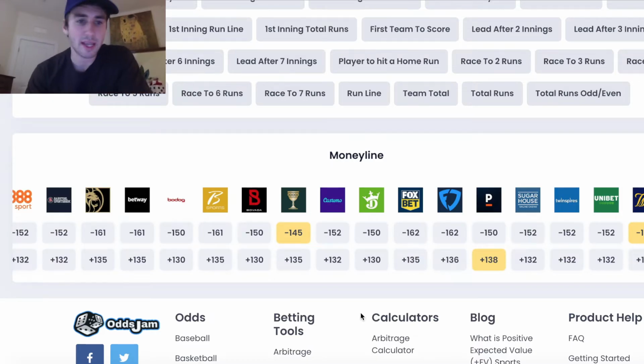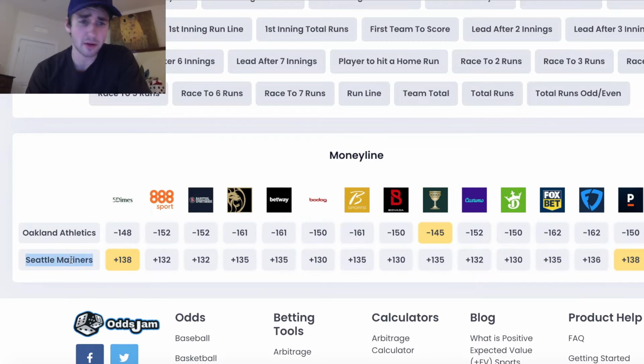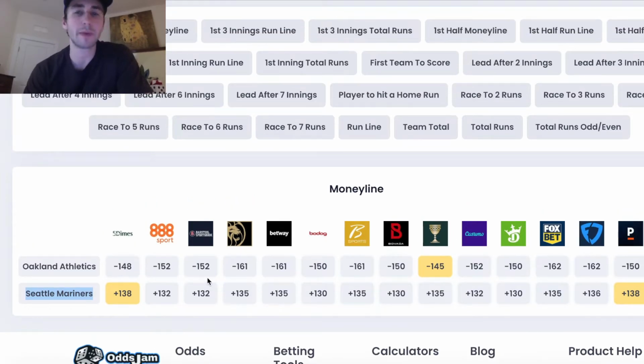So here we can see, if I want to bet on the Mariners, the best odds are on 5 Dimes and Pinnacle at plus 138. So why would you ever place a bet on Bodog or Bovada at plus 130 if you can get plus 138 on these other bookmakers? It doesn't make sense. So we've already said that in sports betting, bookmakers have different odds, because if they didn't, we wouldn't need hundreds of sportsbooks in this global sports betting ecosystem. But they have different odds, so you need multiple bookmaker accounts so you can line shop, right?